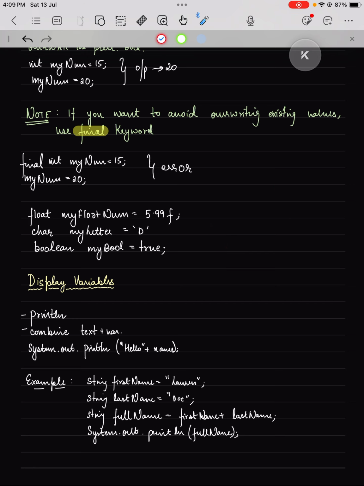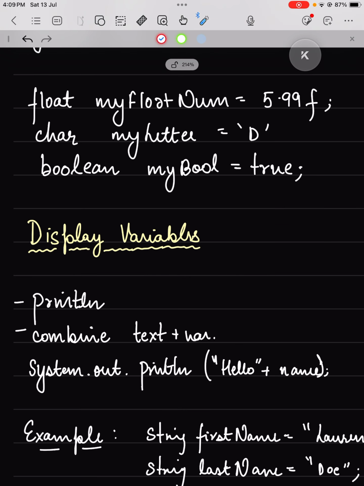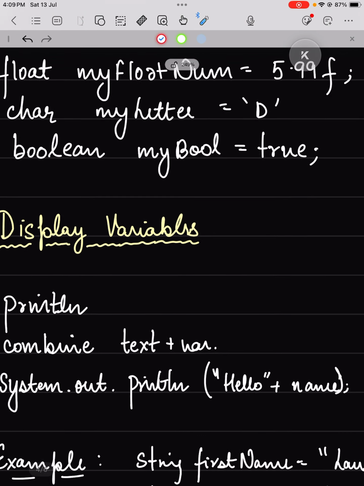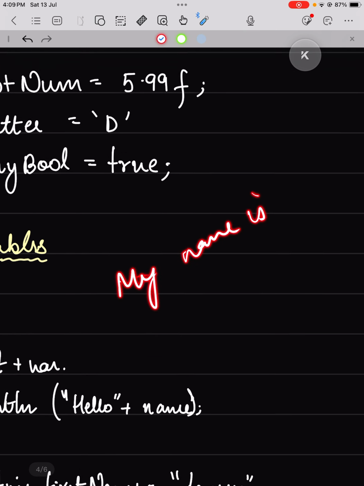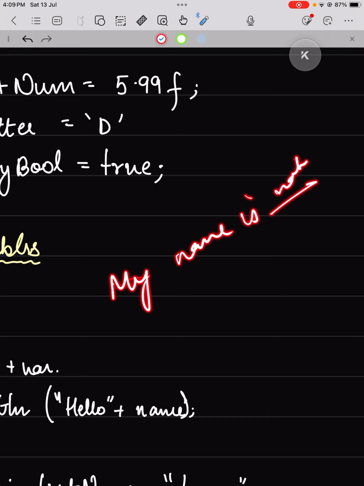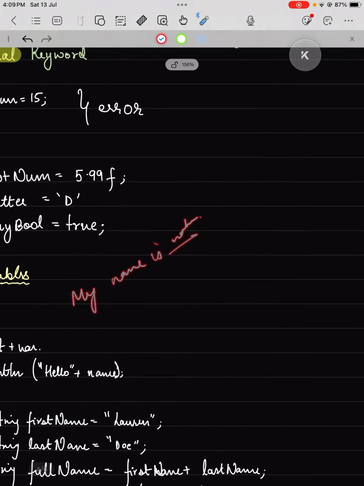Now, display variables. How do I display my variables? Simply, we can use the println statement as we saw earlier. If you want to combine text and variables, for example, I want to print "My name is" and whatever the value is in the name variable, how do I do that? First of all, I have to declare